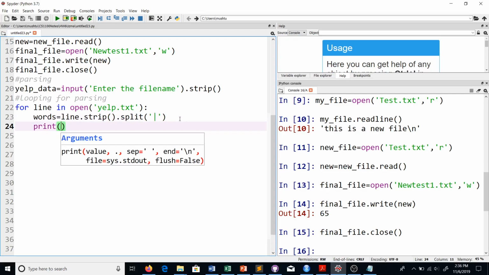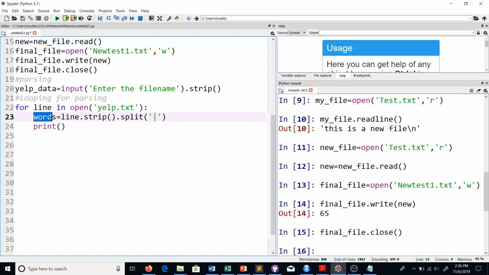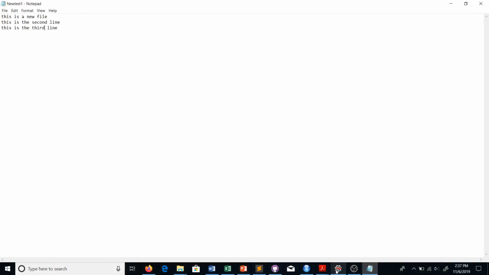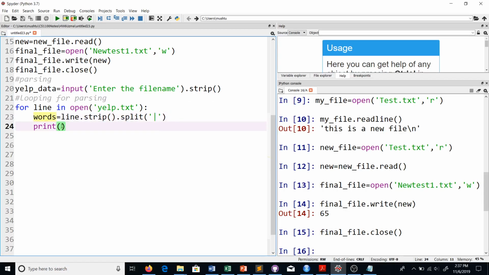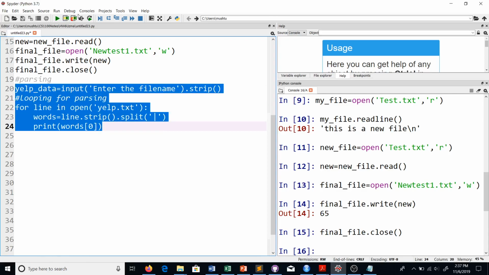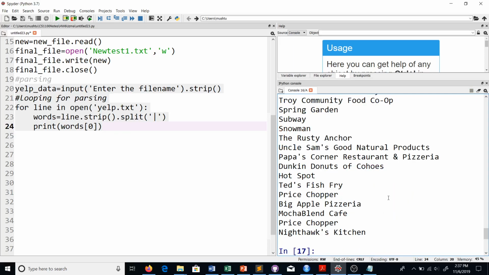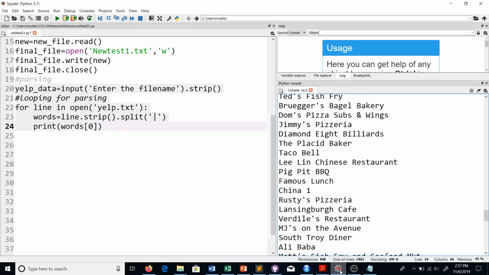Now this words would be a list of all these values that are shown here. It would be a list of the restaurant name, the latitude, the longitude, the address, and so on. So now, if I would just want to print the restaurant names, I would do words and 0, right? Let me do this parsing just to print this. So my file is yelp.txt, and it's printing just the names of the restaurants, as you can see,